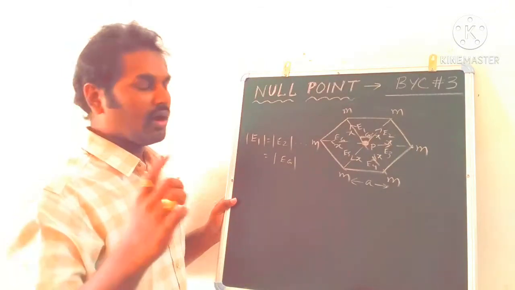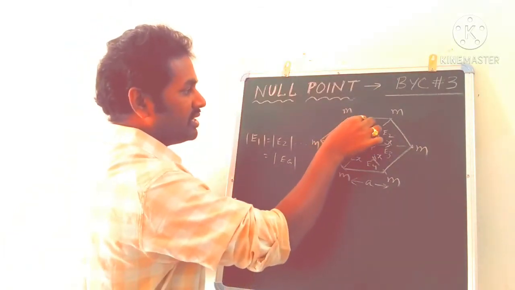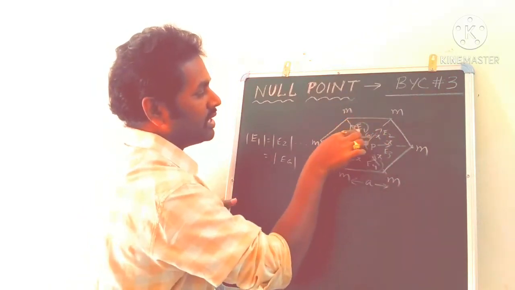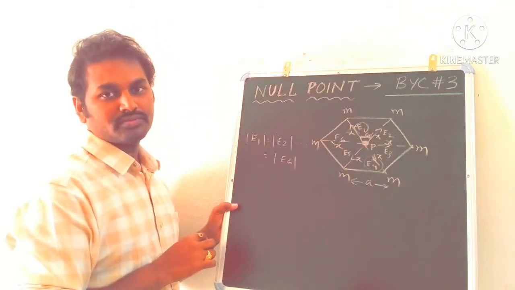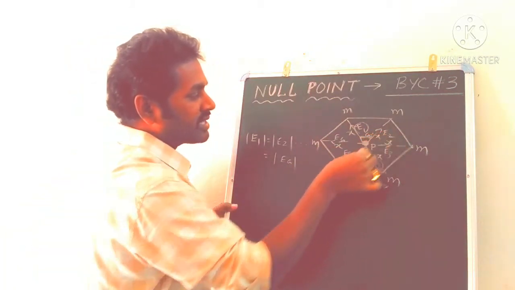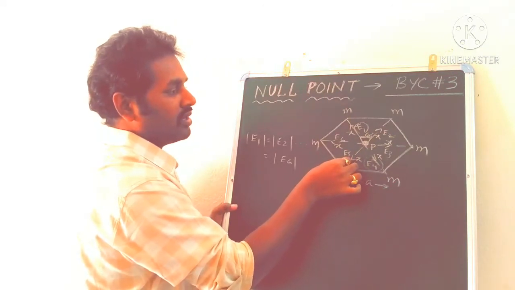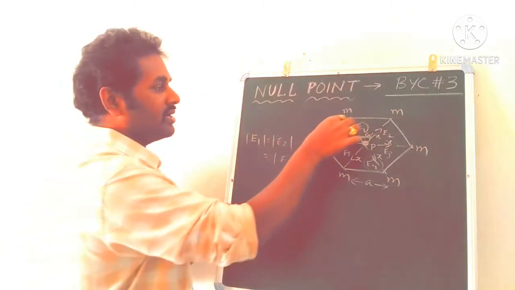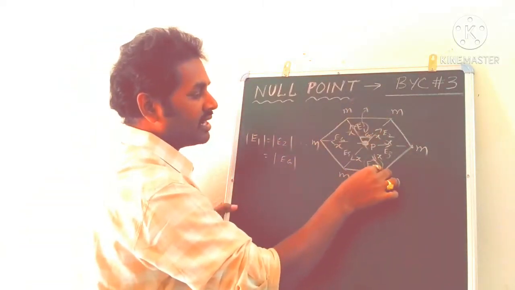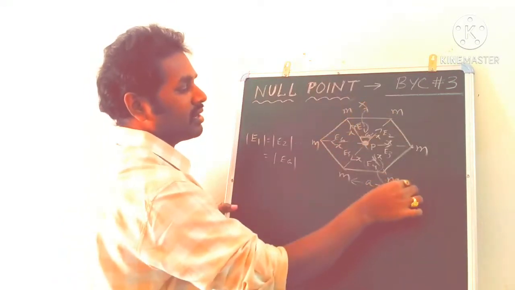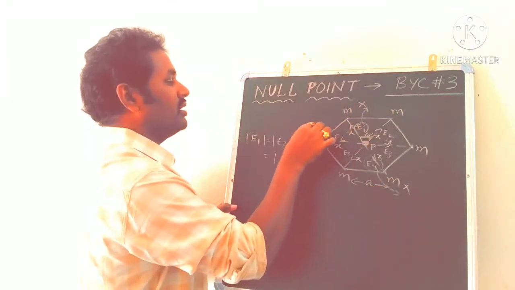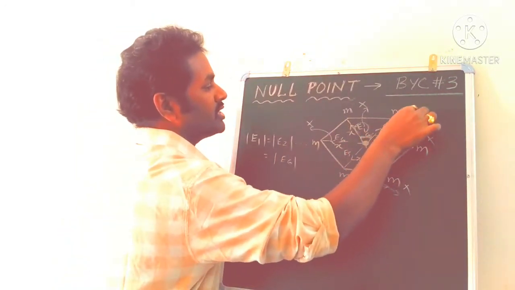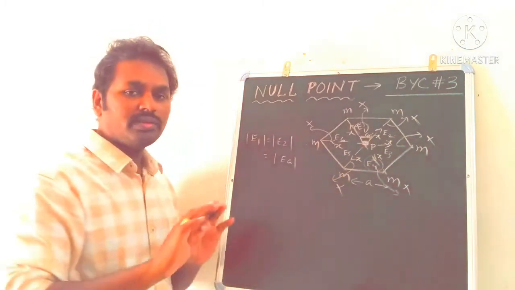No need of that. How? Because if you look at this E1 vector, it is exactly opposite to E4 vector. You can see E1 is exactly opposite to E4. And similarly, E2 is exactly opposite to E5, and E3 is exactly opposite to E6. As they are equal, E1 is cancelled with E4. These two will be cancelled out. And here E6 is cancelled with E3, and similarly E2 is cancelled with E5. All they are cancelled out,